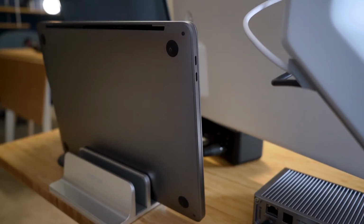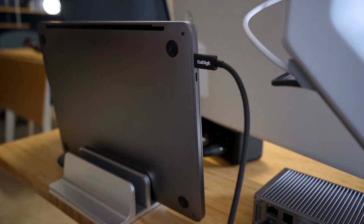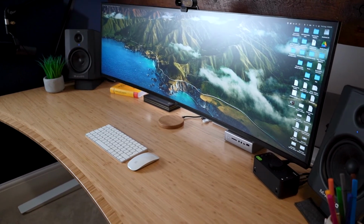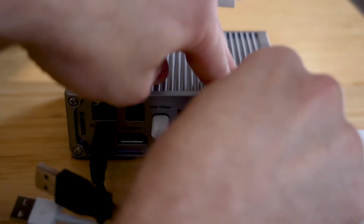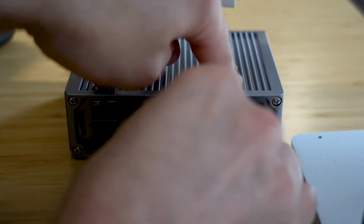The reason I went for this is that it's a powered USB hub, which means that I can plug my computer in with one Thunderbolt cable and it'll remain charged. I can then connect my monitor to the Thunderbolt downstream connection to get a smooth 60Hz refresh rate on my big 49-inch ultrawide monitor. I can then also connect my webcam, audio interface, phone charger, camera cable and spare USB-C